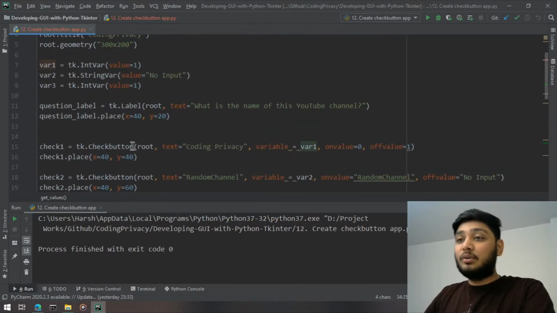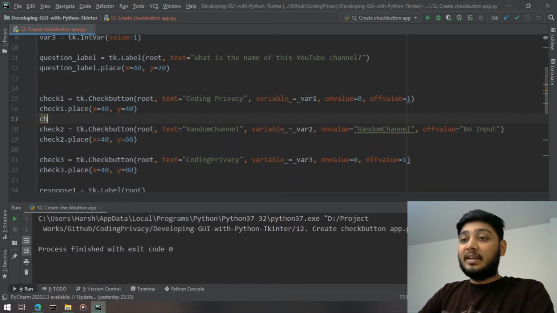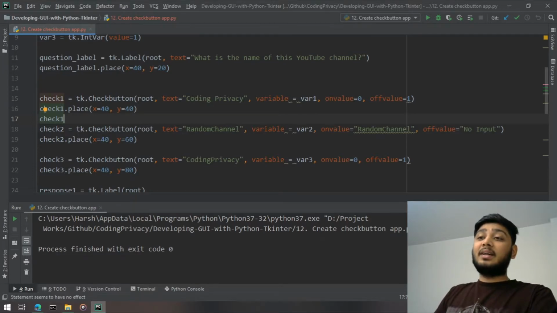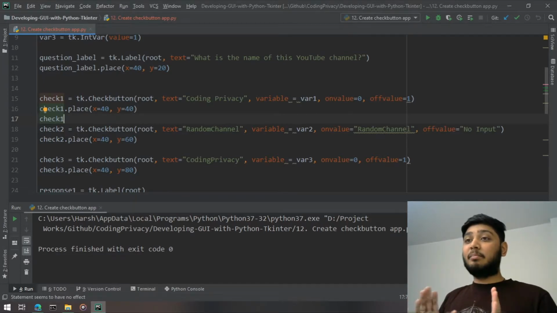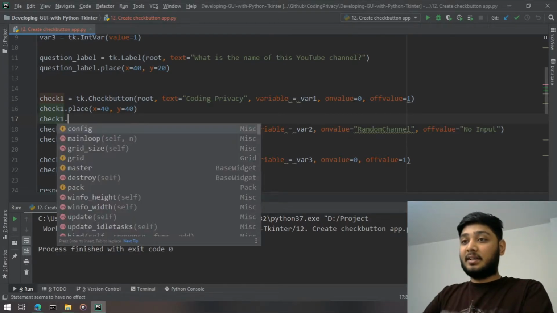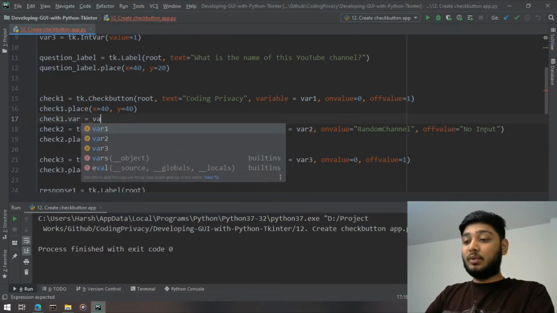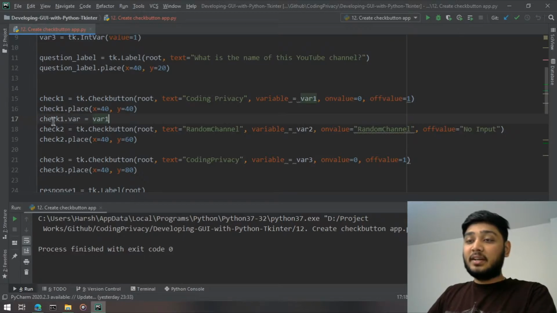So what we can do is attach the variable to the widget variable itself. I'll show you. check1.variable = var1. Check1 is the variable which contains the whole check button with its properties and everything.